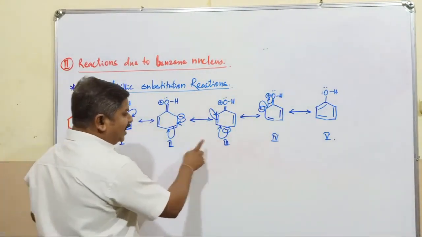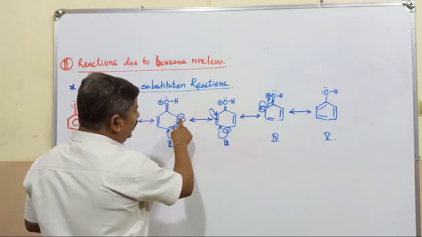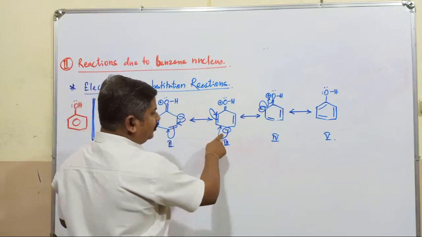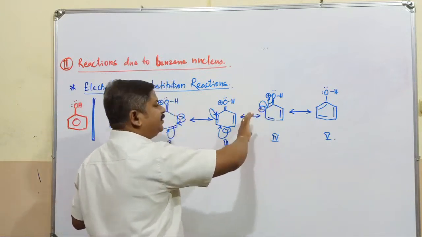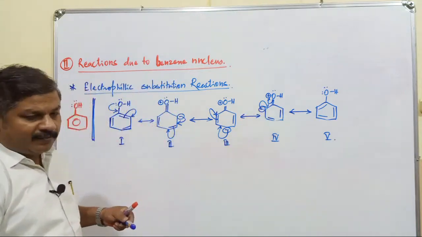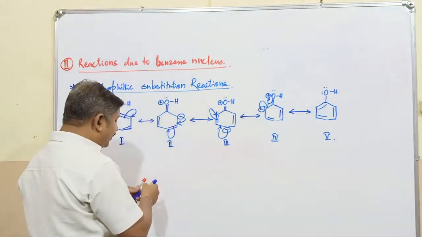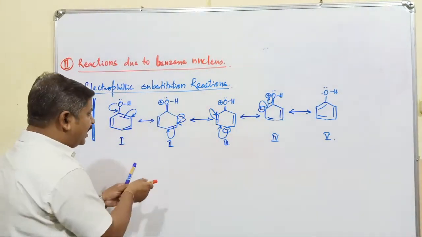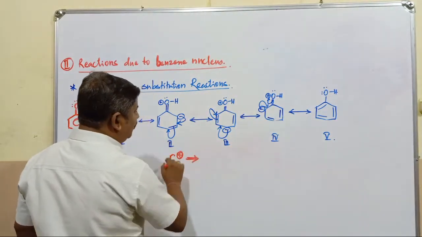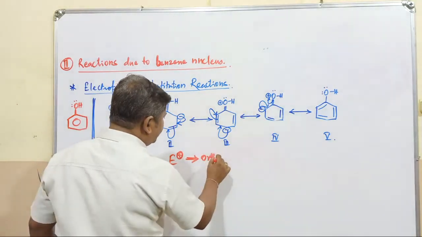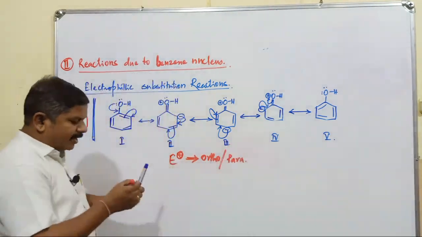In the case of the second, third, and fourth resonating structures, the negative charge is present only at the ortho position and para position. It is the ortho position, it is going to be the para position. What about this? It is also considered as ortho position in this anti-clockwise direction. So ortho and para positions have got negative charge. Whenever any type of electrophile attacks this phenolic molecule, this electrophile predominantly attacks which position, students? Either ortho or it may attack on the para position.